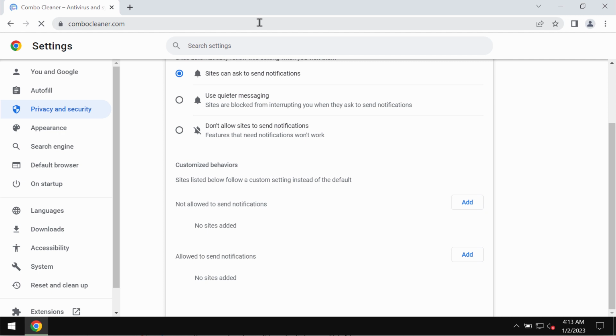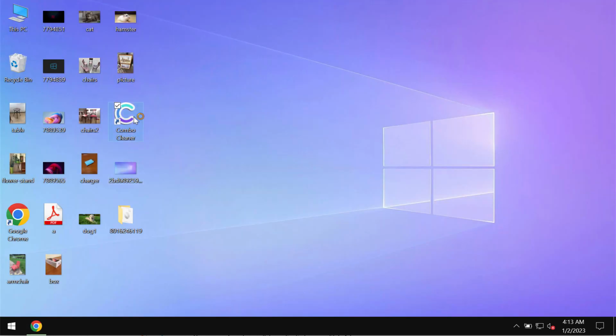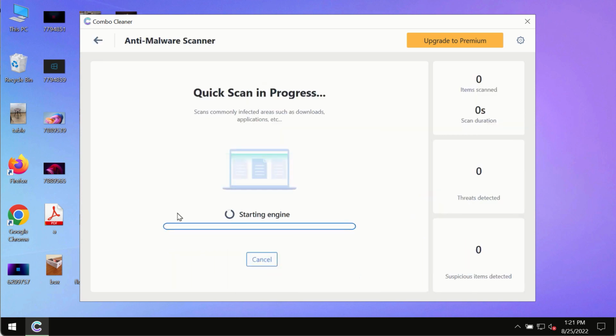And finally, I recommend that you scan your system with Combo Cleaner Antivirus. Get it on the page combocleaner.com, download it, install it, and after it gets successfully installed, start scanning the system with its help. After you have successfully downloaded and installed Combo Cleaner Antivirus, make sure you click on the Start Scan